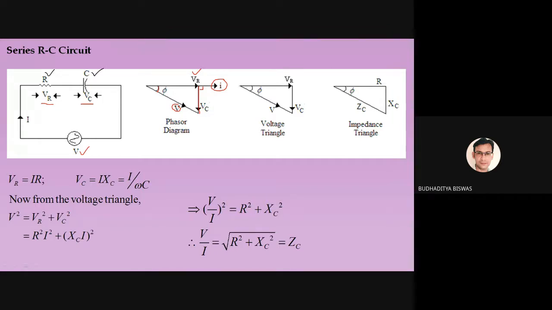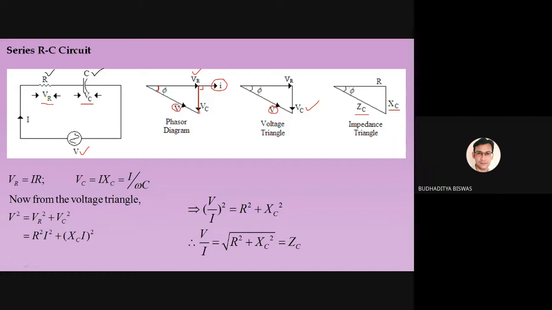So in this voltage triangle, except the I, whatever is left is called the voltage triangle. This is the voltage across the resistance, this is the voltage across the capacitance, and this is our supply voltage V. And this supply voltage is nothing but the phasor summation of VR plus VC. And this is called the impedance triangle, because if we divide this voltage triangle by the current, we get the resistance R, XC. XC is what? XC is the capacitive reactance. Very good. And what is ZC? ZC is the impedance of the circuit.